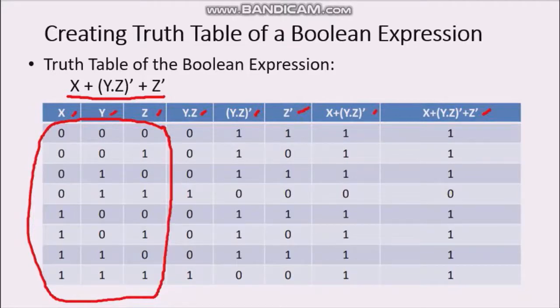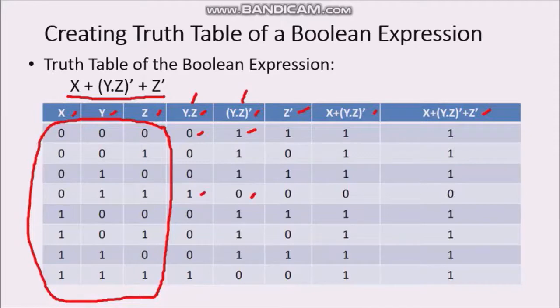Okay, now you find out. Now you have written y dot z bar here. In the next column you find out what is y dot z bar, for all the rows. Then y dot z whole bar. Y dot z was calculated earlier. Now you have to calculate y dot z whole bar. This column you need to find out now. So in this column you negate the values which were there in the previous column, because complement means not operator. Not means if it is 0 you make it 1 here, if it is 1 you make it 0 here.